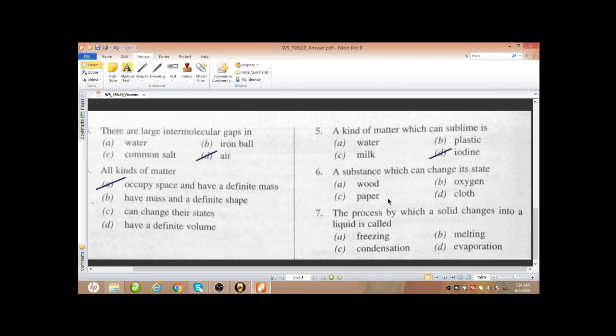Next, a substance which can change its state, this will be